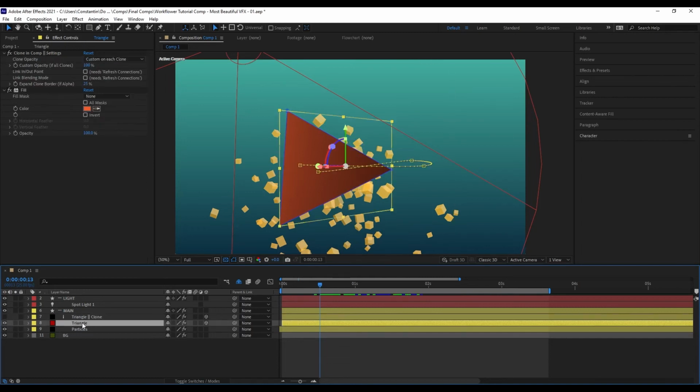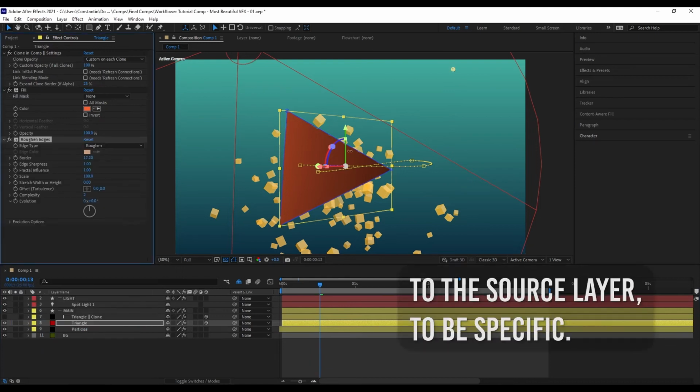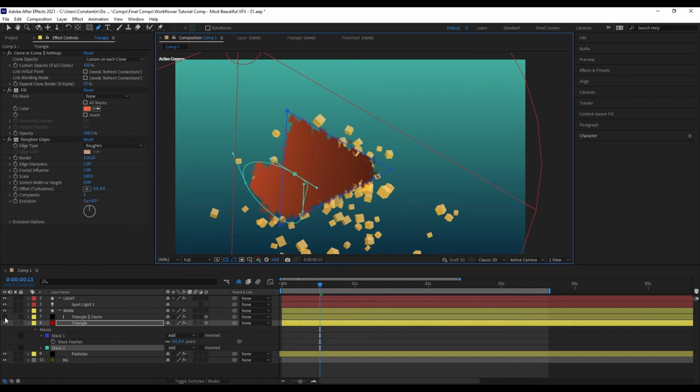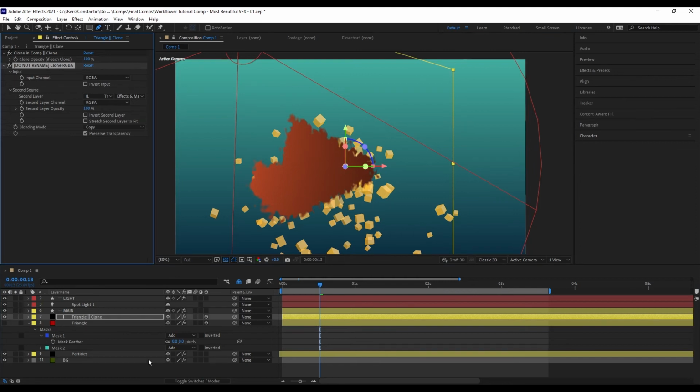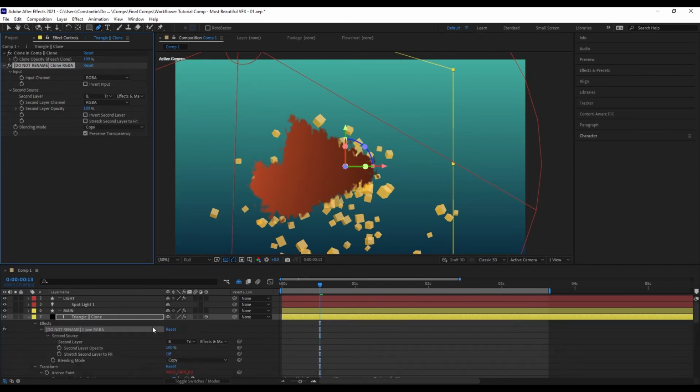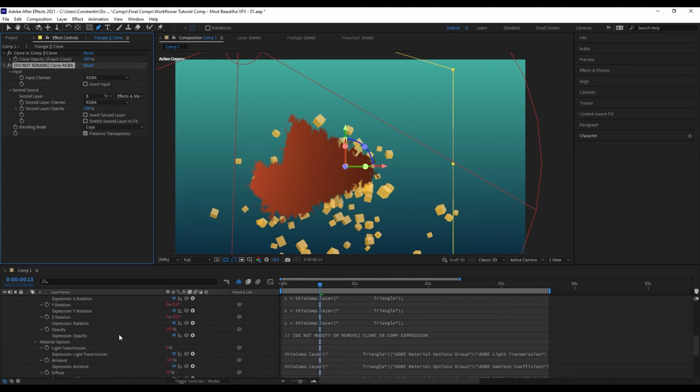And the cool thing about a clone in comp is that I can add any effect to it. Or even if I add a mask to it. So let me just look at the clone, and you see all of these things have been updated to that. So everything that you add with effects will update automatically. So I don't have to hit refresh connections anymore, which is pretty cool. And this is just like a general calculations effect on it. And it will have inherited all the transforms of the other layer. But there's